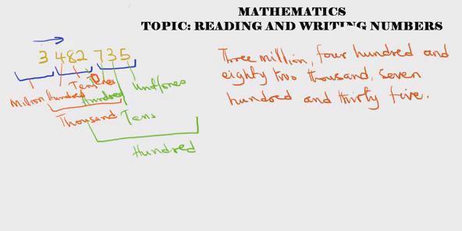So if you are given a number in words, and you want to write the number in figures, just like what we said, let me give an example. The example is we have 6 million